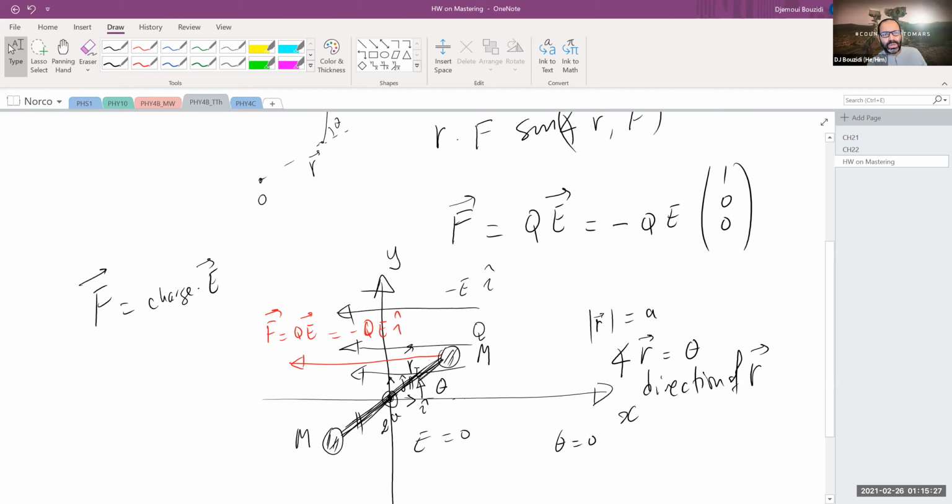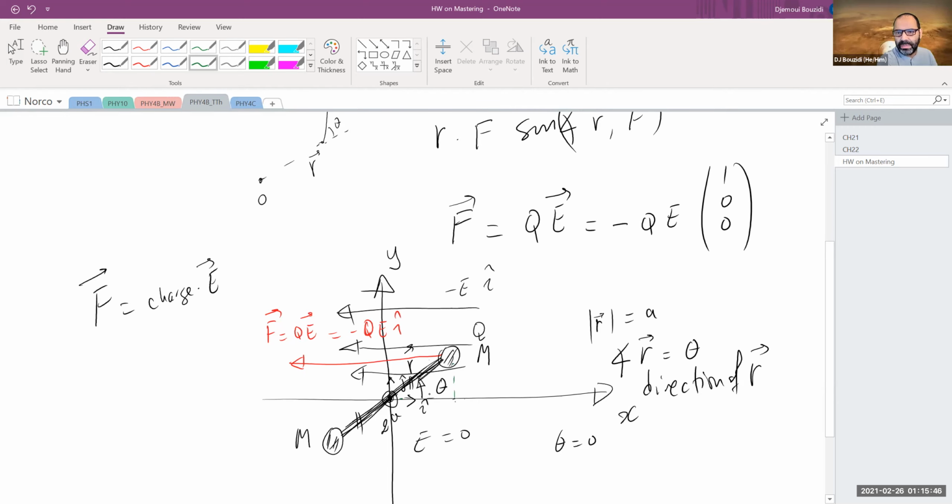It's not supposed to be compressing or elongating. So the length of this distance is the same because this is A and this is A. The whole rod is 2A, but its direction is changing. That's the only thing. So if I use the Pythagorean theorem in here, the vector R has a projection in the